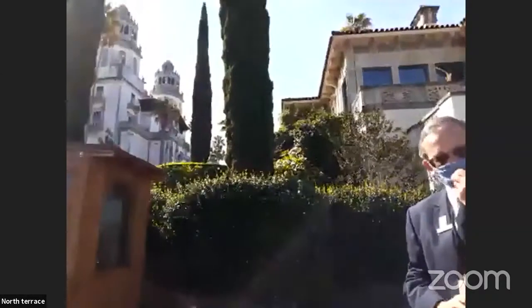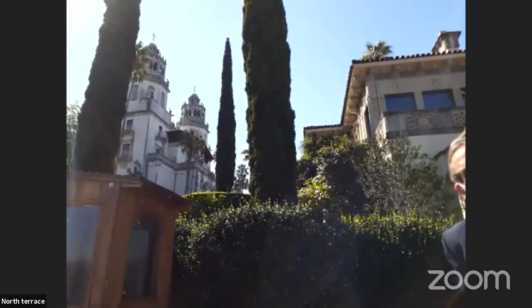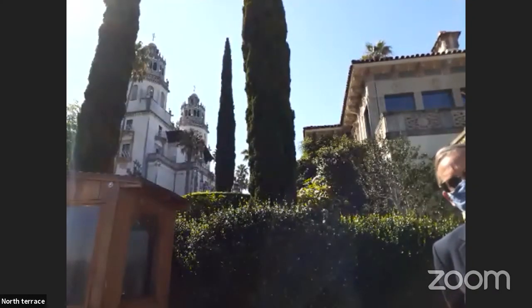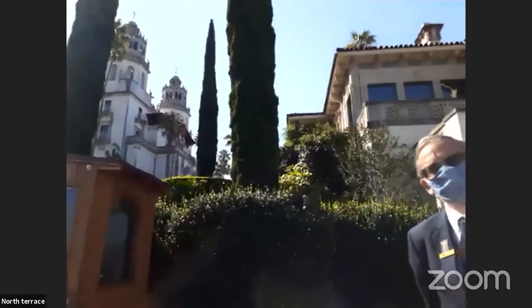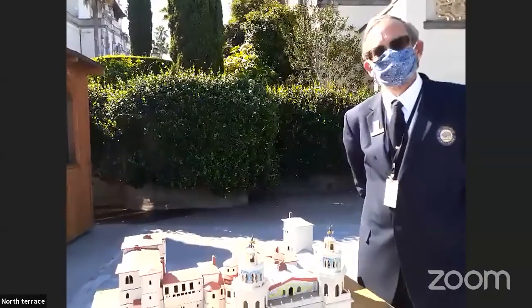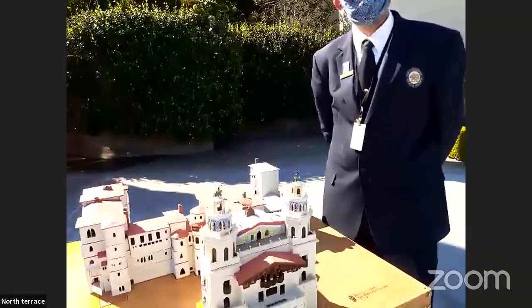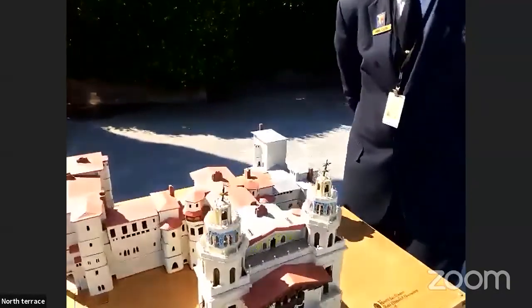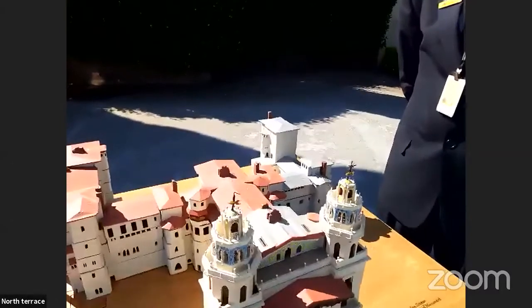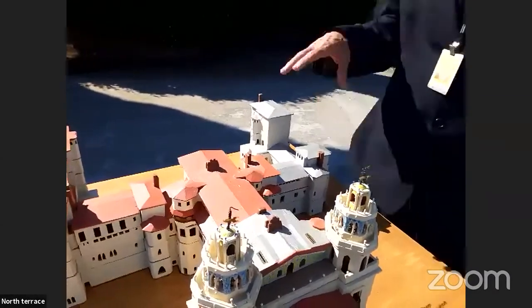We're gonna pan up. We can see the two bell towers between the Italian cypress pine trees. We know that there's more than two bell towers. Hearst Castle is huge, and that's why Mike is showing us this model today, so we can get a full scope of the size of this house. Let's go on in a little bit. So speaking of size, Mike, what do you have to say about the scale? The scale of this, the big house is